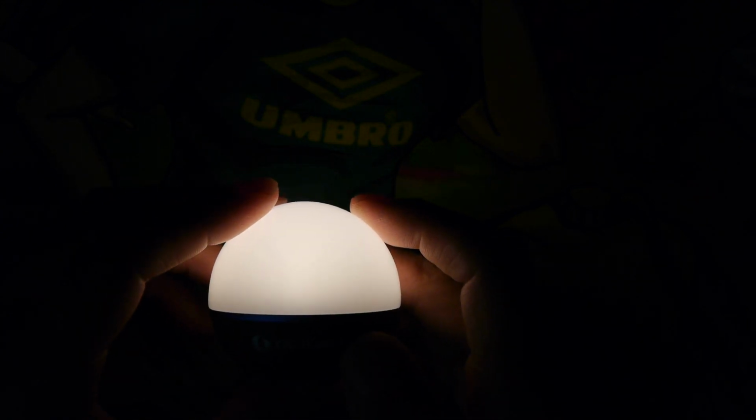This does have a lockout mode too. To engage the lockout mode, you start from the off position and you hold it down and it should flash. And now it's in lockout mode. So if you push the button down, it won't go on. It'll do a momentary flash. So that's kind of nice to have on this in case you put it in your backpack for hiking or camping. To get out of lock mode again, you would hold down the bottom button